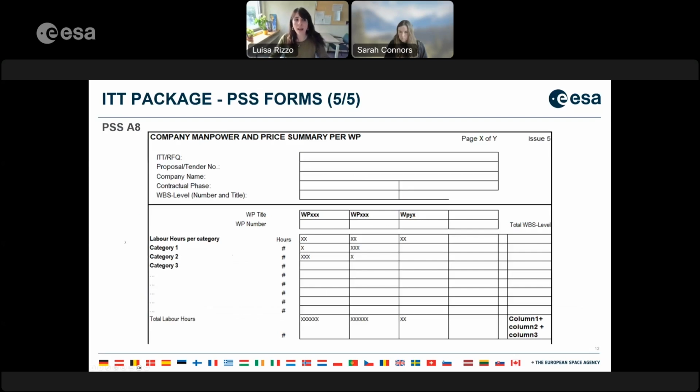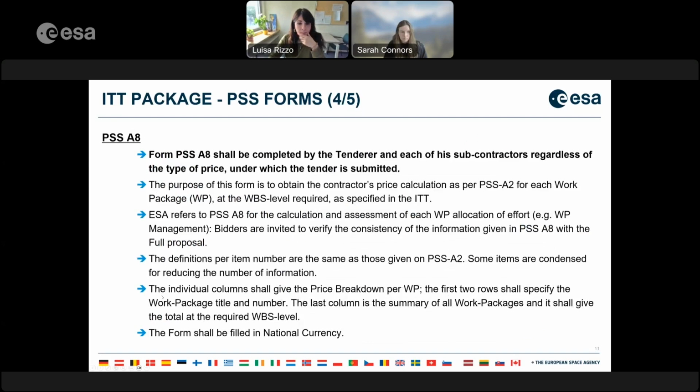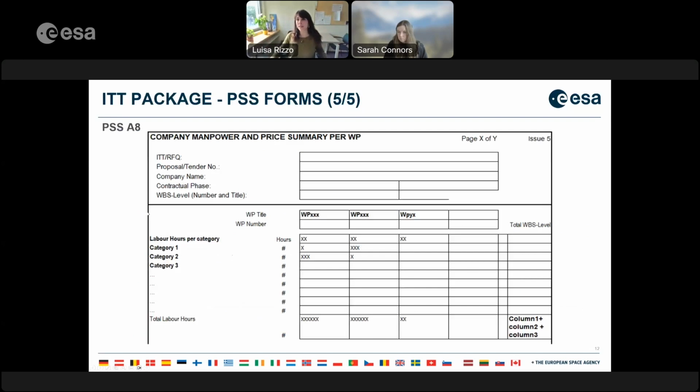Instead of reading the points, I can give you an explanation of the PSS A8 directly with this empty template, which, by the way, was taken from the ESA Star legislation via the link I already put in one of the first slides. So that's the A8, containing the company manpower and price summary per work package. In the very first section, you will find a request to include the proposal, tender number, the company name, the contractor phase, if any, and the WBS